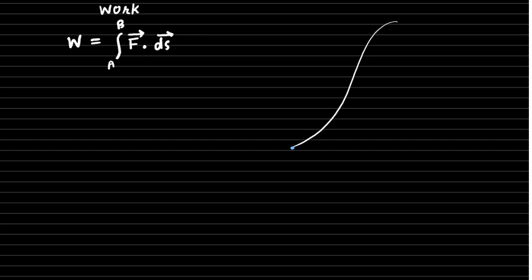What we do is we divide the path into small, infinitesimally small, displacements. Each displacement is noted as ds. Let us say the force at this point was as shown. Then the angle between the force and the displacement at this point happens to be theta, and momentarily the magnitude of the force is F. So momentarily this will result into F cos theta